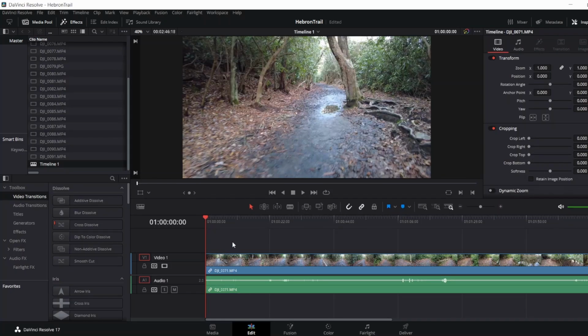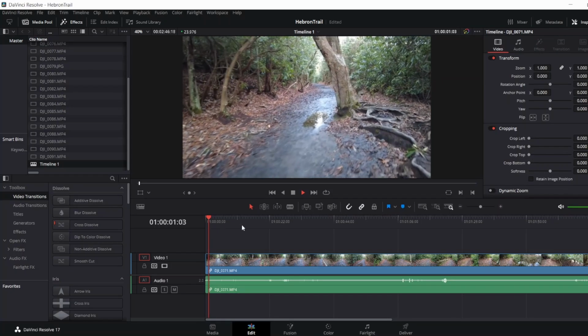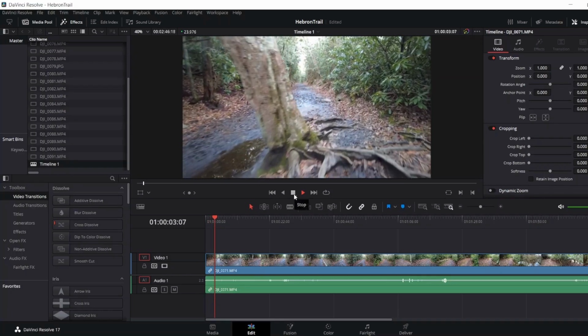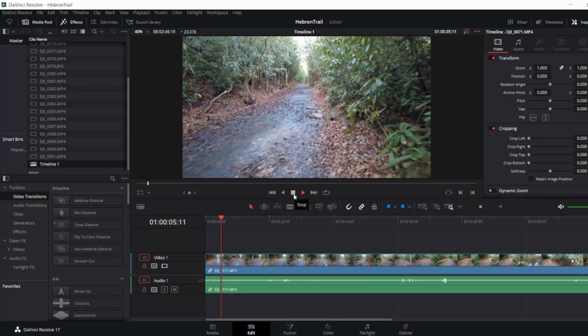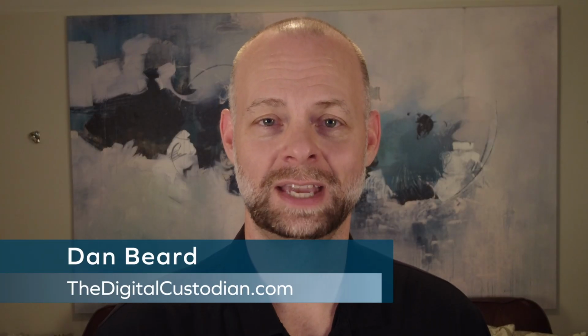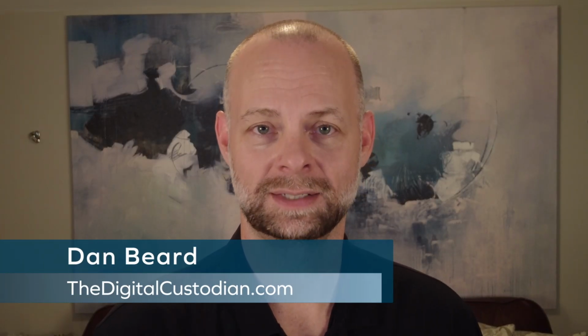So you can use this version to edit your videos. This is a great way to speed up your processing so that you don't have to spend your time converting high definition files to low resolution files. DJI has done this for you. This is a benefit. This is great. So there you have it. That is how you can use the .lrf files that DJI has created for you automatically in their great device, the Pocket 2. Use this to your advantage so that you can speed up your processing time so that you can